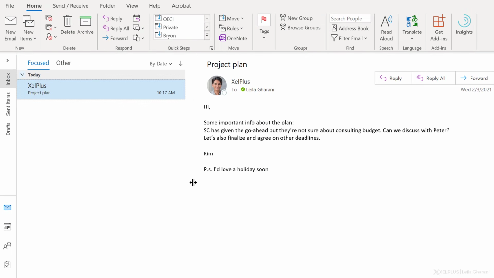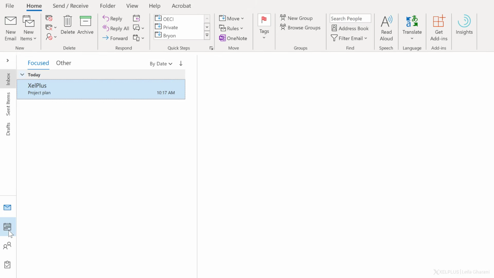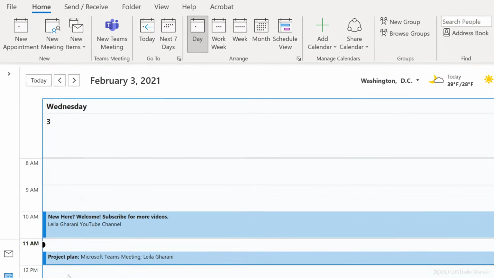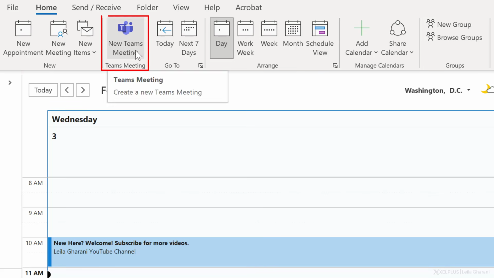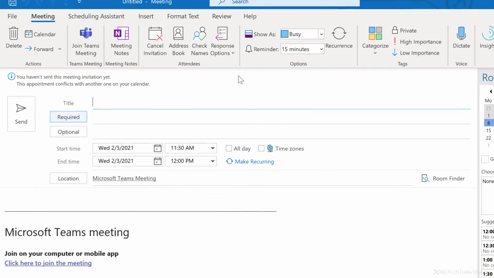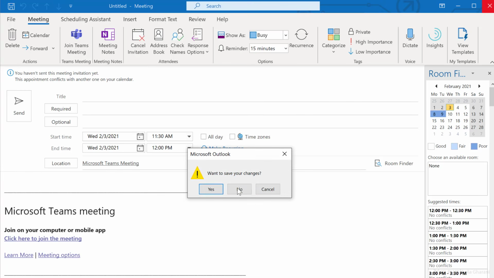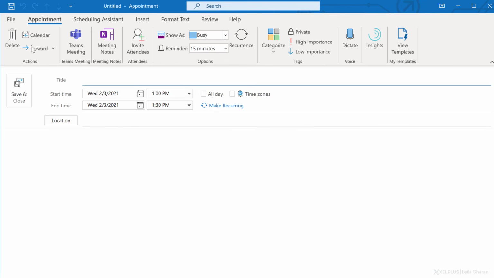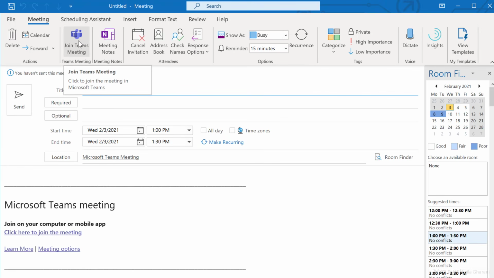Now, if you don't want the Teams meeting to be based off an email, of course, you can go directly to your calendar and create a meeting from here. So you have two options. Before you click to create a meeting, you can just directly select New Teams Meeting and then adjust the time, add any other information you want to, and then send this. Or you can do it the other way around, where you select the time that you want to have this meeting in, just double click, and when you're in this view here, then select Teams Meeting, and then just continue as you would before.